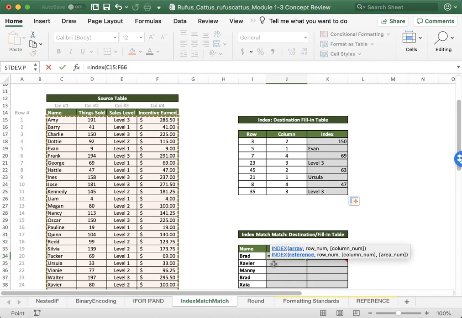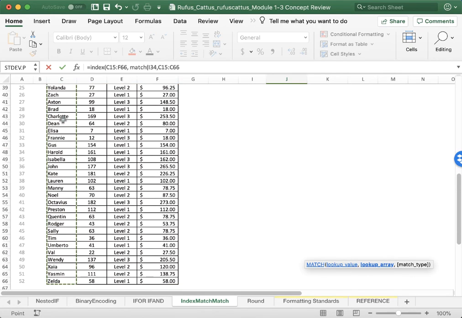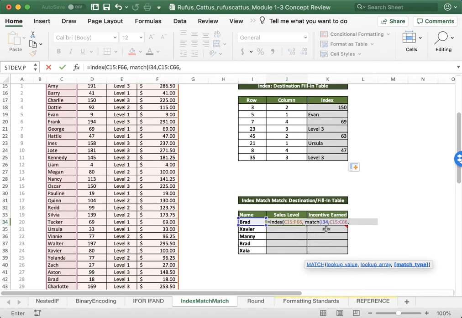Okay. Now we need the row number, and in order to get to the row number, we use a MATCH function. And we're looking for rows, so go ahead and grab what value? Well, right now we're looking up Brad. So we want to find Brad's value, and that happens to be in this first column, but wherever the names are, in this case. So I'm going to look in this first column for Brad's name,